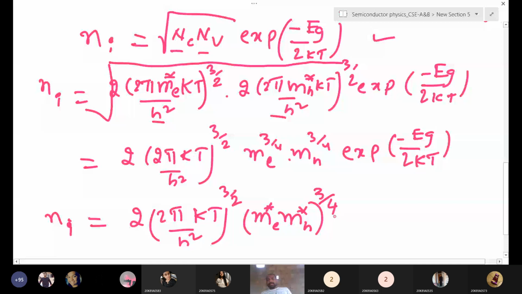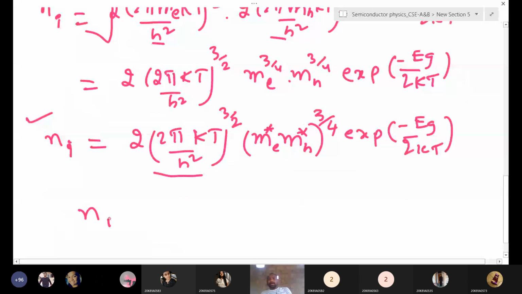The bound electrons will jump into the conduction band. These electrons are free in the conduction band and these holes are free in the valence band. If you increase the temperature, more electrons in the valence band break their bonds and jump into the conduction band, and then these electrons are free for conduction. That's why temperature mainly affects the conductivity of